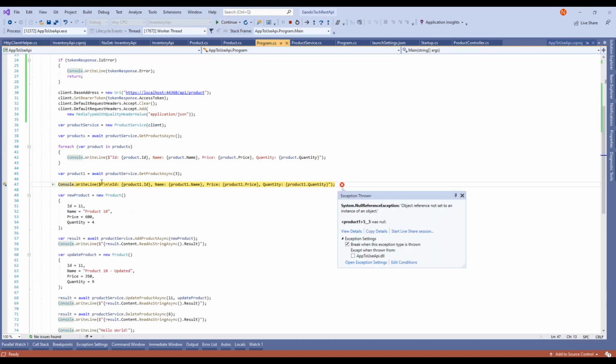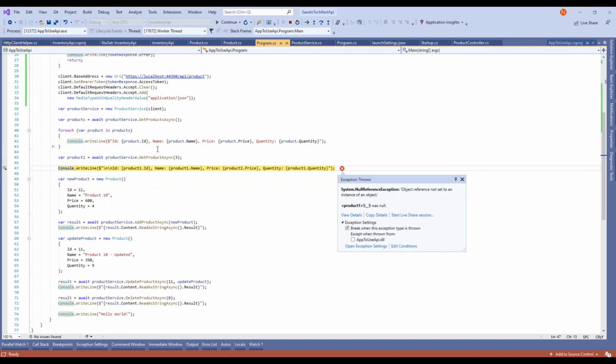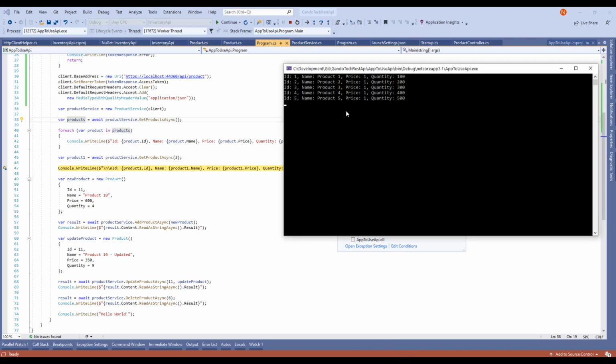Okay, so what is happening here? Don't worry about that, because this is the piece of code which I've done previously. But my main job was here. As you can see, I get the products, and I've got all the products here. And if I go back to the console application, as you can see,